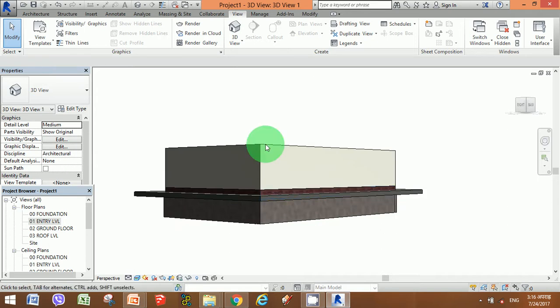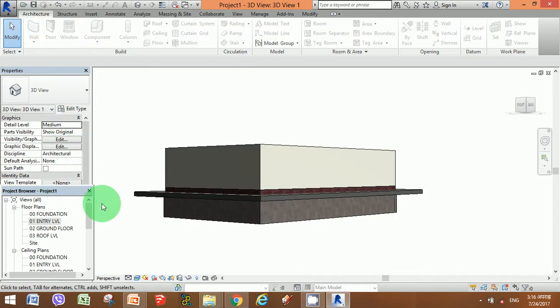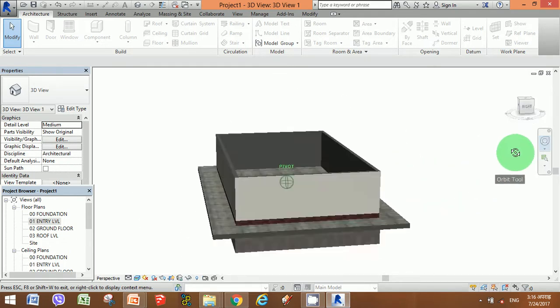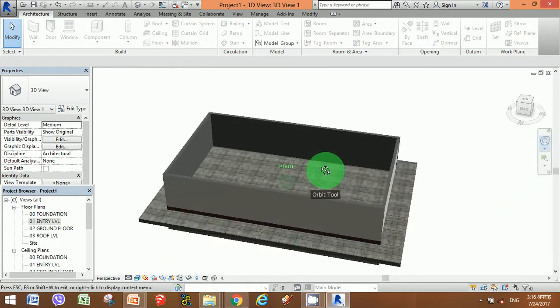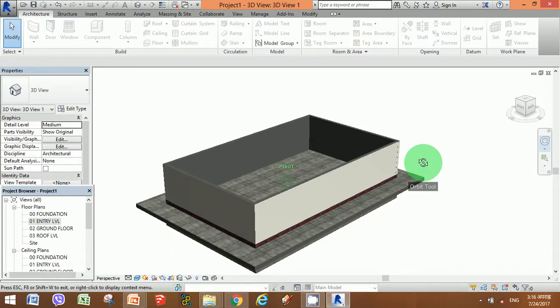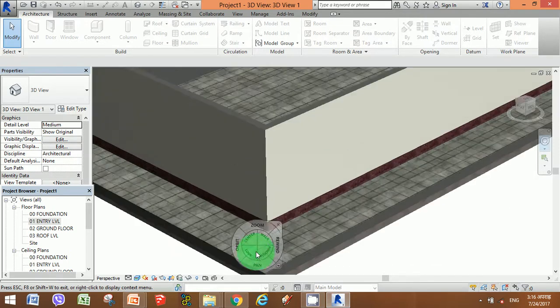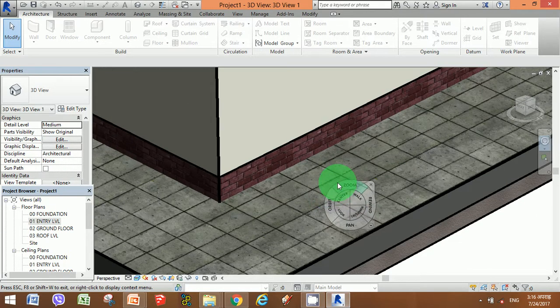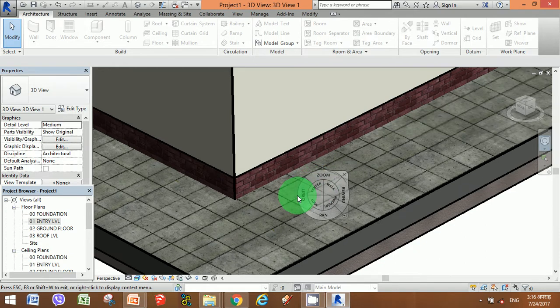So this graphic you're seeing here is in the 3D view. From here we have the steering wheel, this navigation wheel. We could zoom in, we could orbit. Once you're orbiting, as you can see, the flooring is in concrete paving.